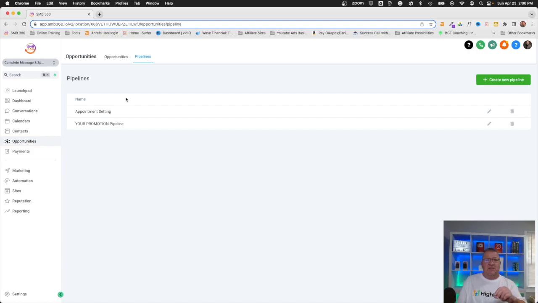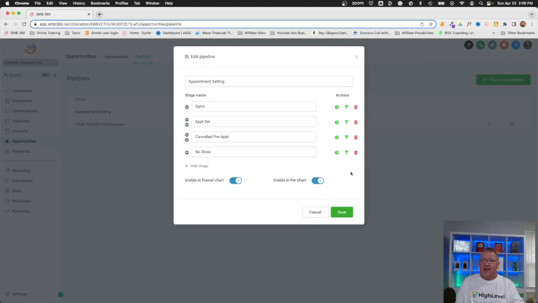So right now in this particular account, I'm going to be using just some built-in high-level default pipelines, opportunities, funnels, things like that, to kind of show you how those are connected. Now, hopefully it'll be a good enough example where you can build your own funnels, your own pipelines and opportunities, and then connect them the same way. So right now, what I'm going to deal with is this appointment setting. If you take a look here, this is a basic opt-in appointment setting type of pipeline. So the pipeline is just appointment setting. You're trying to get people into your business to schedule an appointment, to come in for your service or to come in for something. So right now, as you see, the very first stage that we have here is just